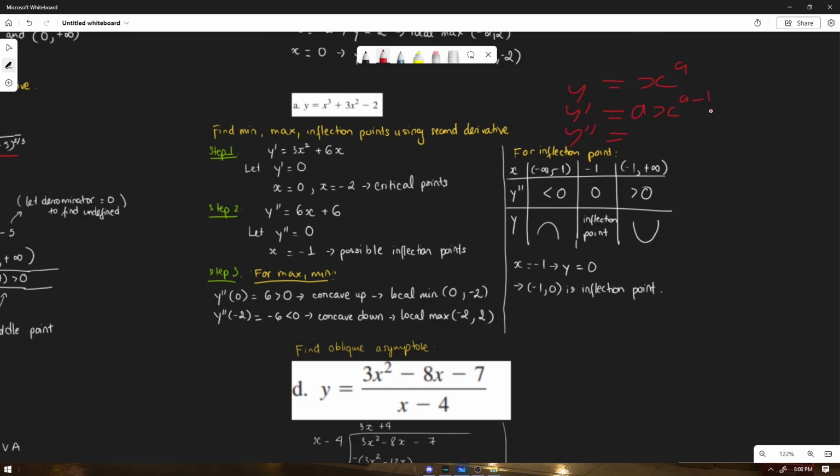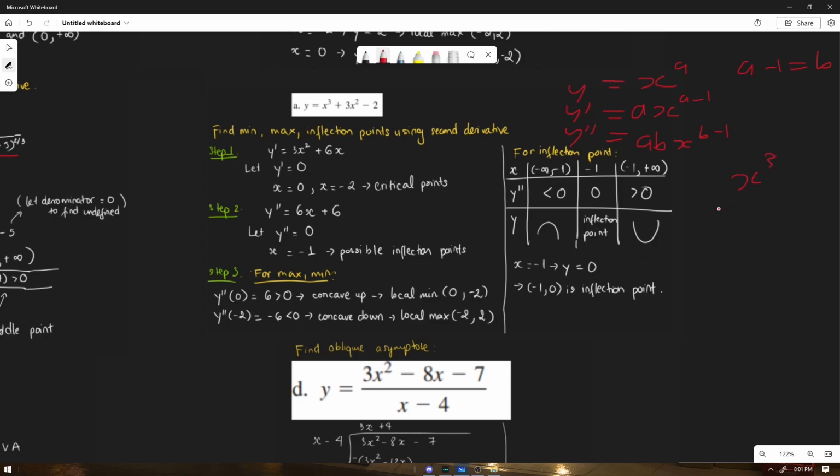But now for y double prime, we're gonna let a minus 1 equal b, so you won't misunderstand. If I write it like this, you're gonna think that we took it from the first one, but this is actually the second one. So it's ab x^(b-1). If you're confused by this, I'm very sorry. I'm not really good at explaining much, but this basically means that when we have an x